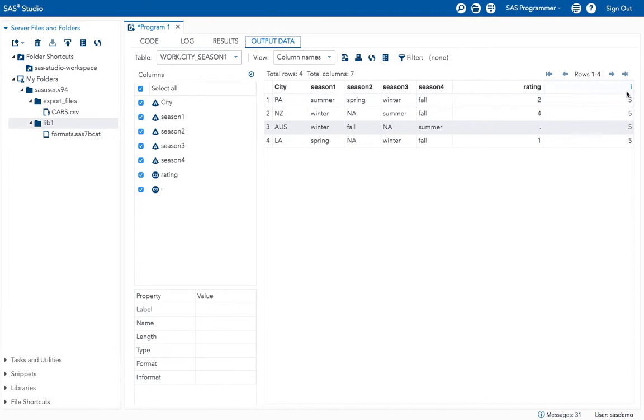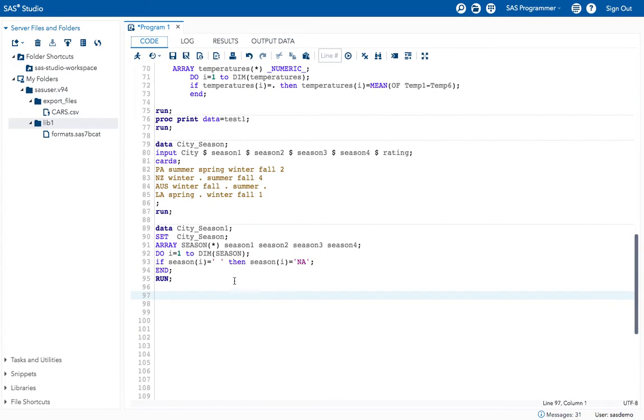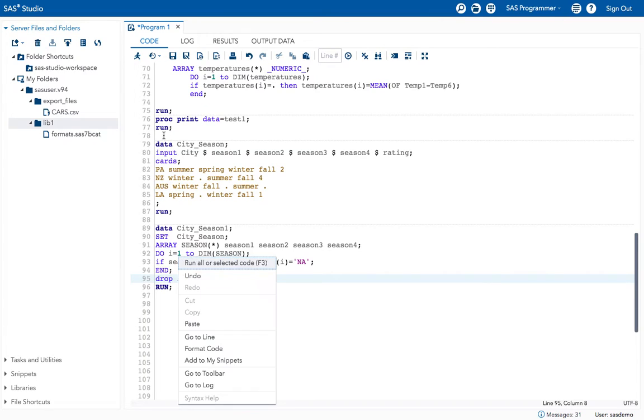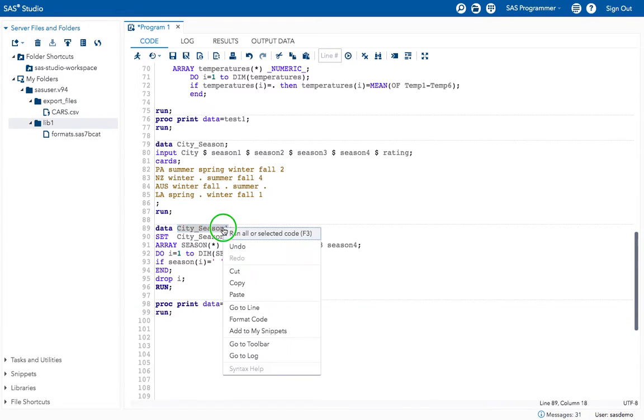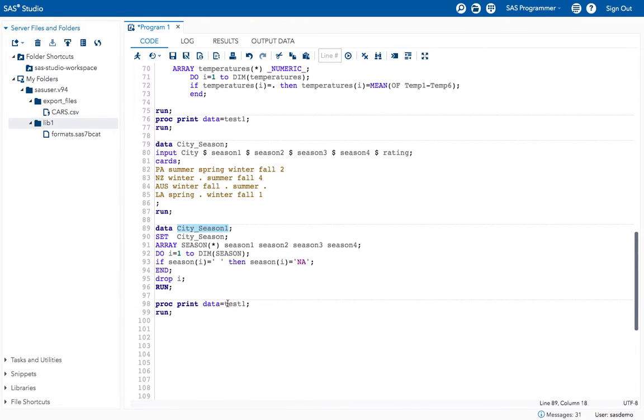If you want to drop this I, you can drop it by giving the drop option. Like this, drop I. Now you won't be able to see this variable.